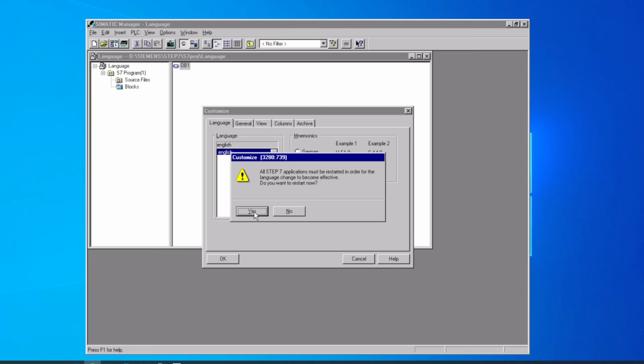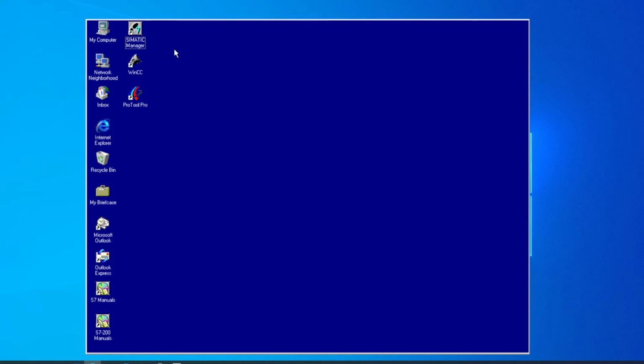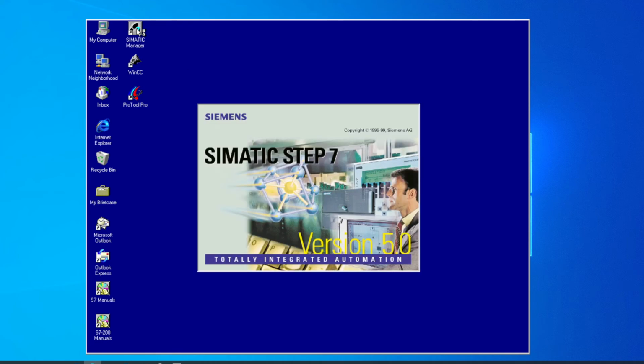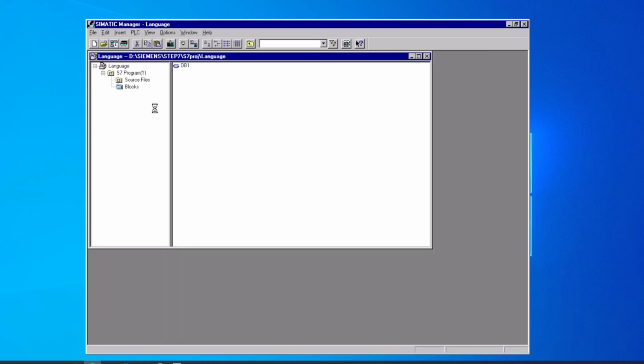If we click OK, we get a message here that says we're going to have to restart Step 7 since we're rearranging all the abbreviations internally. So we say yes, and it'll close Step 7 for you. Restart Simatic Manager one more time. And when we get the ladder block available, we'll start up our ladder editor